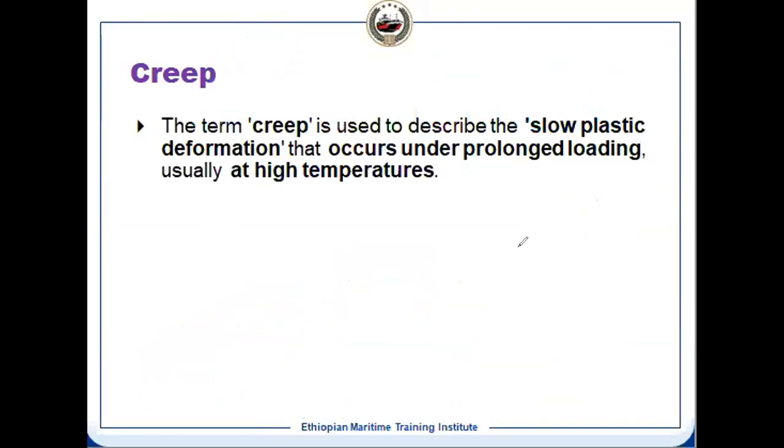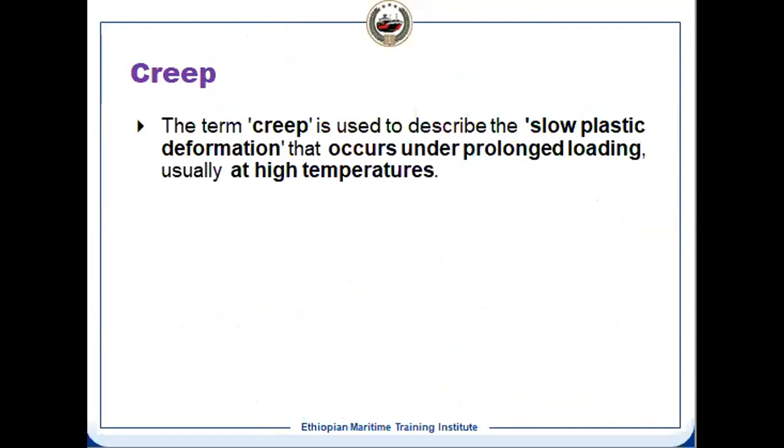Now the creep. We have seen creep before. Let us quickly complete this. Creep is when a force is acting at elevated temperature, and the material is working at elevated temperature. Then there will be plastic deformation, and it will be very slow. Slowly it will deform, and finally it will fail.